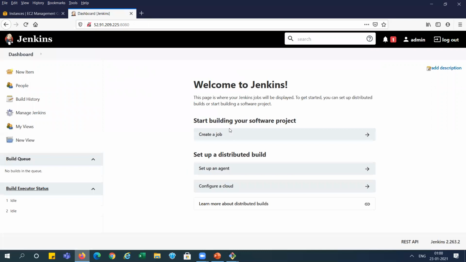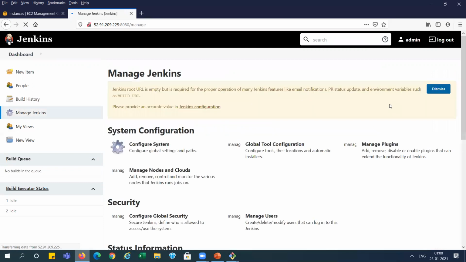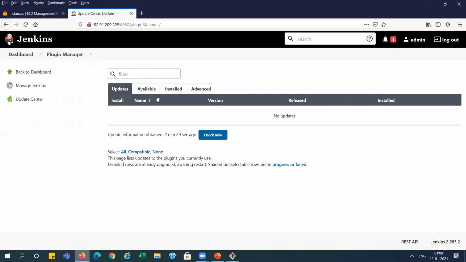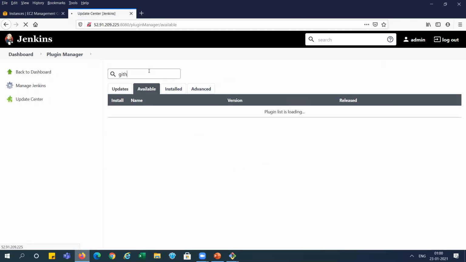You can see here. Now we need to install the plugins, because you have not installed any plugin so far. So in manage plugins, we need to go to available. This is GitHub. The first plugin is required.